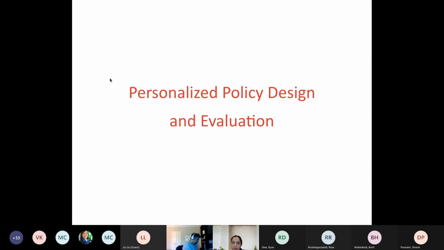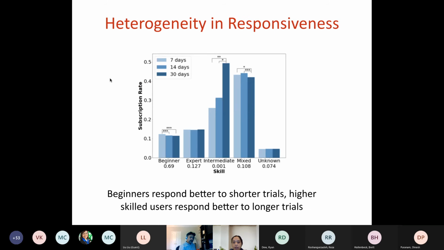What we're going to now do is think about, okay, on average, these effects seem to be at play. How about personalizing this and thinking about if you actually gave different people different trial lengths, how would this vary, and who would be the people who would get a shorter versus a longer trial. So before I spend a lot of time developing a personalized policy, it's useful to look at the data